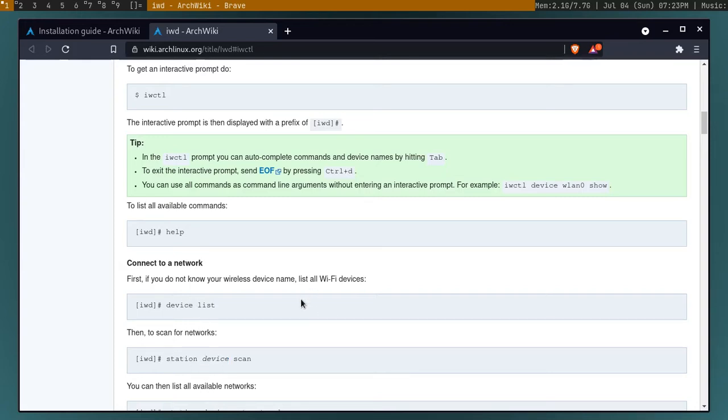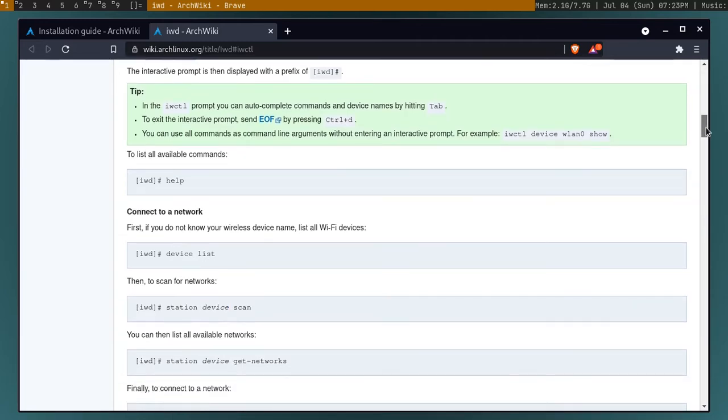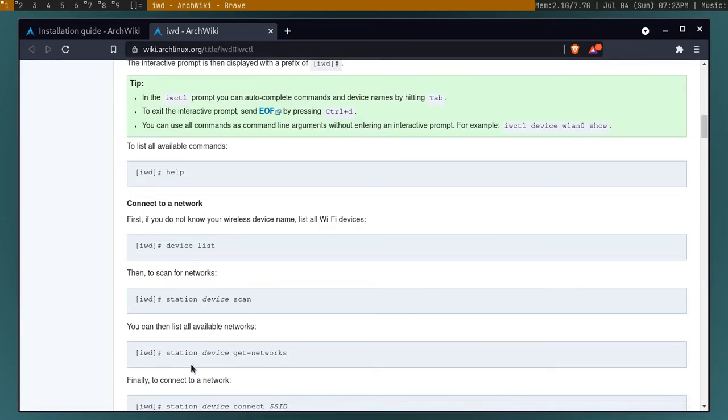Most of the time it will be something like wlp2s0 or wlan0, something like that, okay? If you are on Wi-Fi, station and then the device name and then scan. This will scan the available networks nearby you. Now you can just see the networks by running this command. Remember to substitute device with the name of your device.